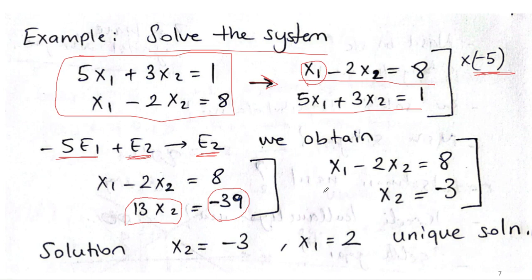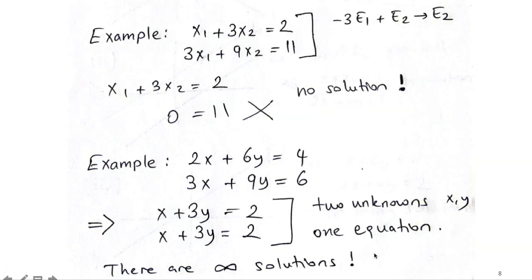And from here on, you can solve this: x2 equals -3, and then basically use this result in the first equation to obtain x1. And this is a unique solution. We have two equations and two unknowns. Basically, that will give us a unique solution. We have some more examples. We can easily go over these examples